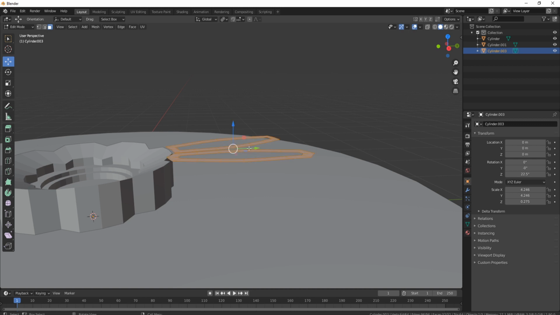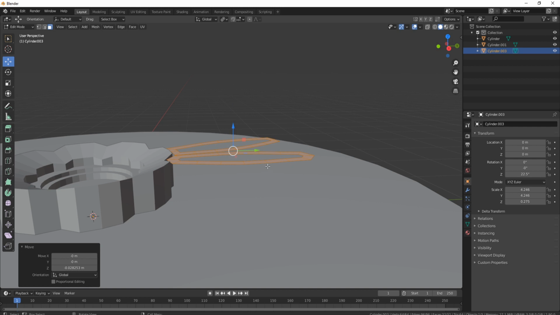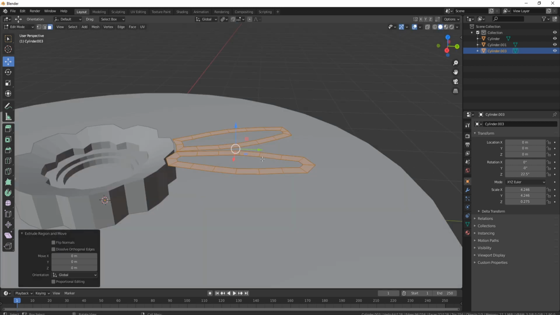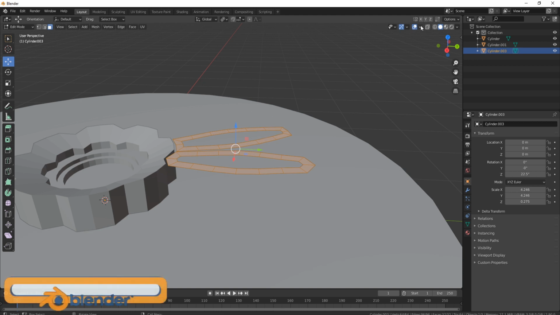So what I'm going to do is I'm going to press A, just pull them down a little bit like so. And then what I'm going to do is I'm going to press E and pull them down, and you can see there that when I tried to pull them down, one went one way, one went the other way. And that is because if I press Ctrl Z just to get rid of that extrude, I come up to the top right hand side,